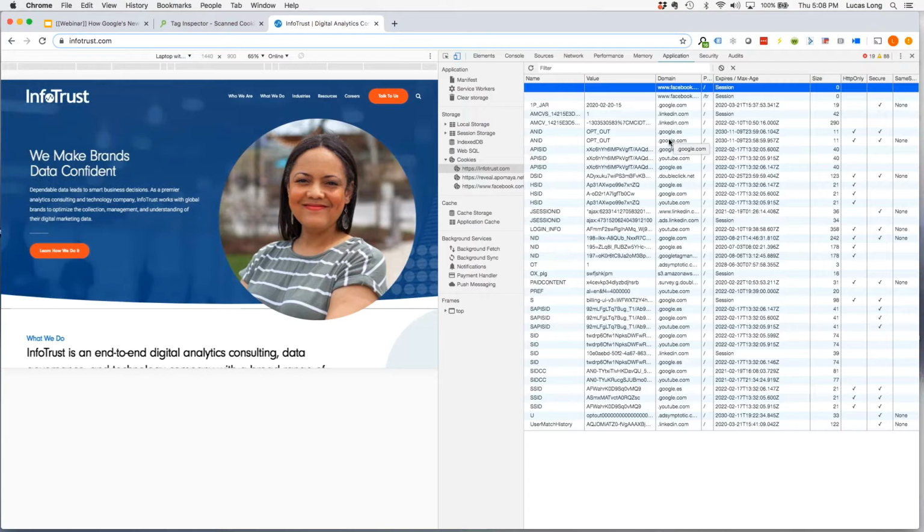You have expires, so that's just the expiry date of your cookie, and size. And then the things that are going to be referenced here when we go through some of the Chrome updates that are made are these attributes here. So HTTP only, and then specifically secure, and then same site. And we'll get into what those values can be, and then how those are going to be treated here with some of these more recent updates. So that is what cookies are.